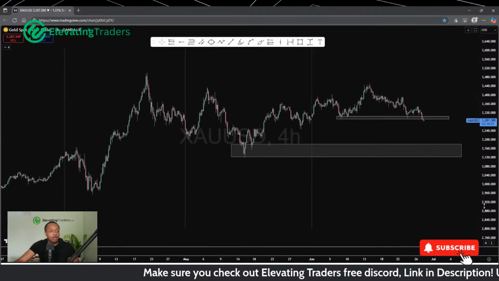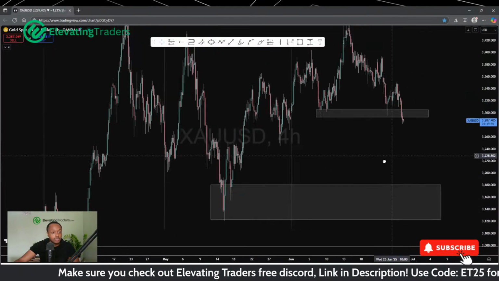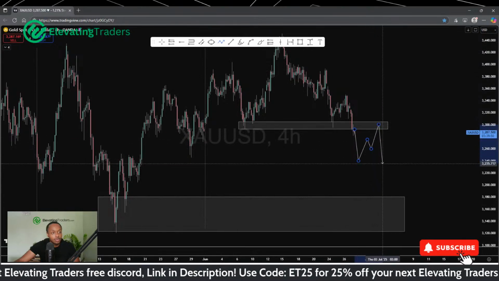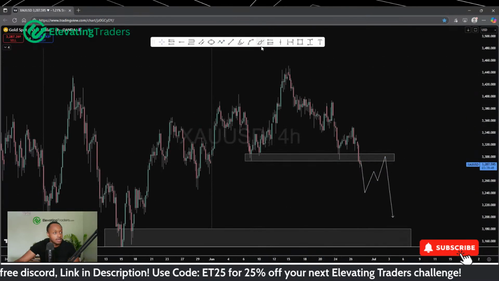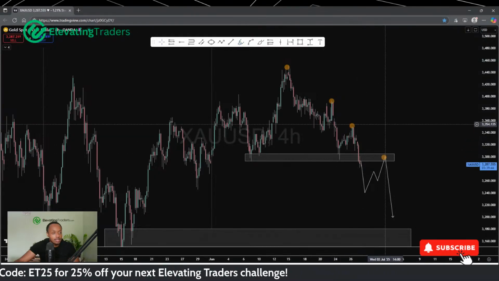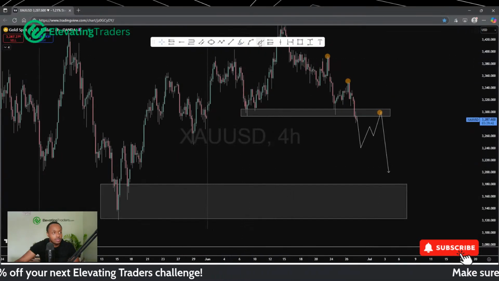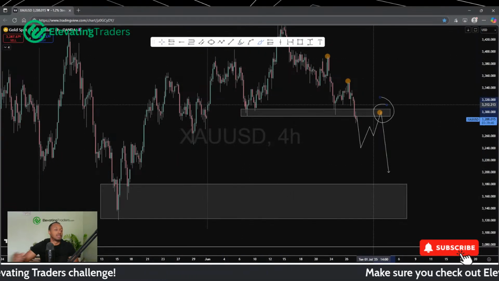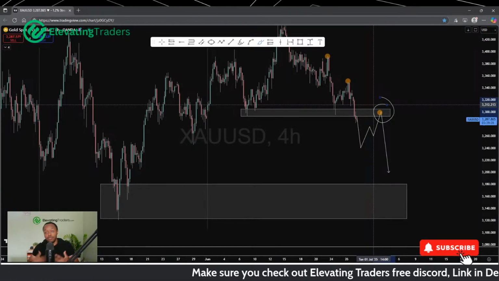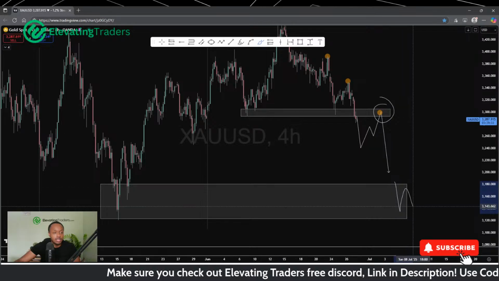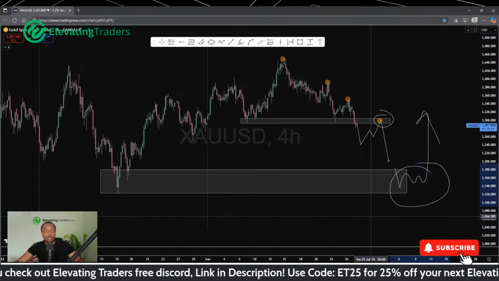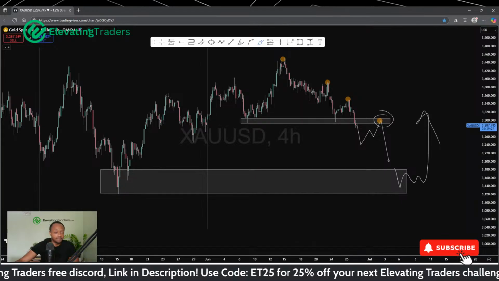But if we are going to break support here, then I would expect to see lower highs form, or continue, I should say, because they have already been forming. And that probably will take us back down into support there. So there could be some nice shorts on gold in the meantime to ride it back down into that 31.50 area. Then if you're looking for a bigger swing trade, there might be some nice buys down here to take back up again. But we'll see how price operates in those areas before taking any longs.